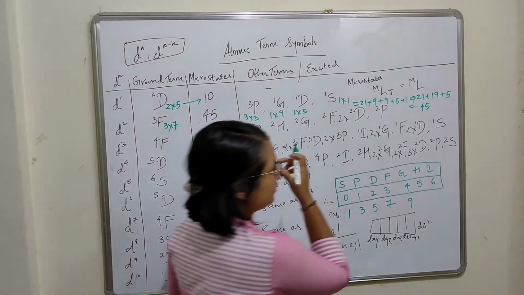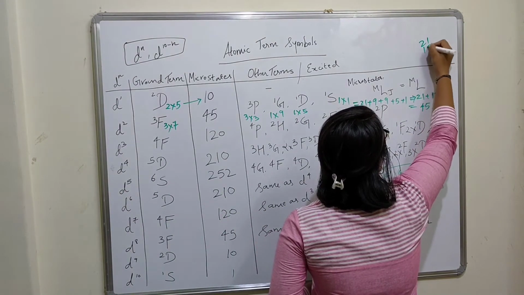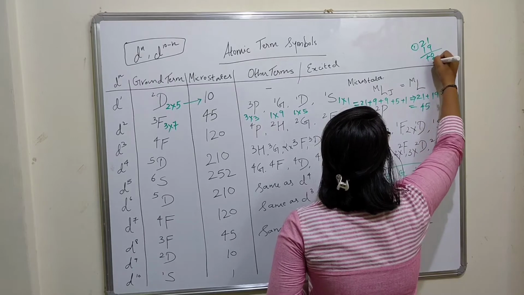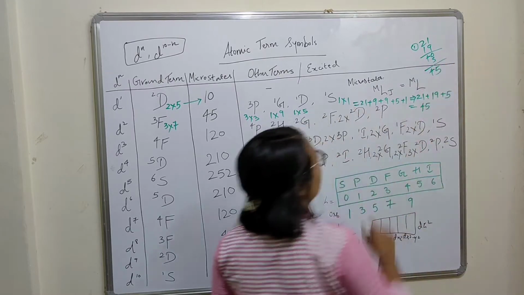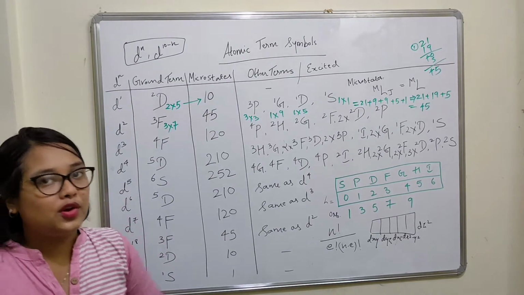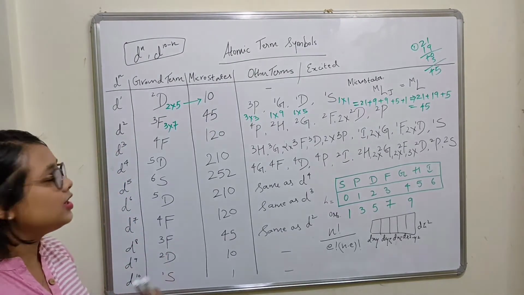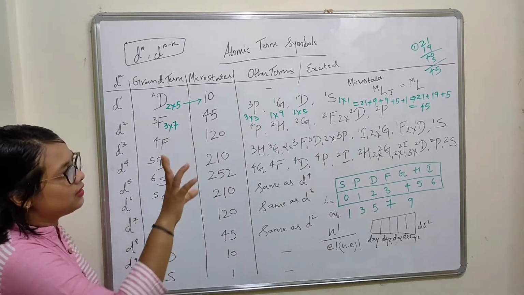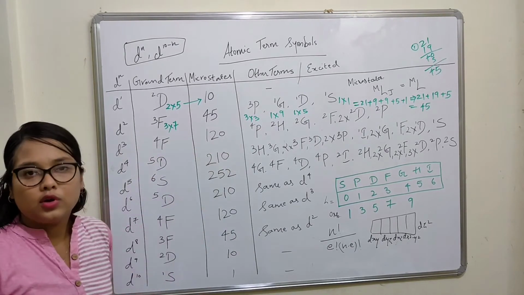You can do the tally. It's going to be very simple if you still want to know how it is. So what do I have over here? 0, I have 4, and then 5. I'm going to get 45. As simple as that. That is how you're going to get the total number of microstates. Let's try for this one also. I will show you the calculation part. Of course, the answer is going to come to 120.